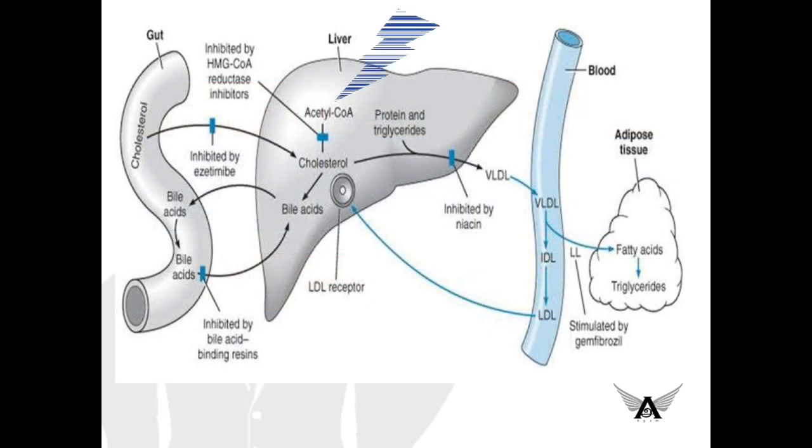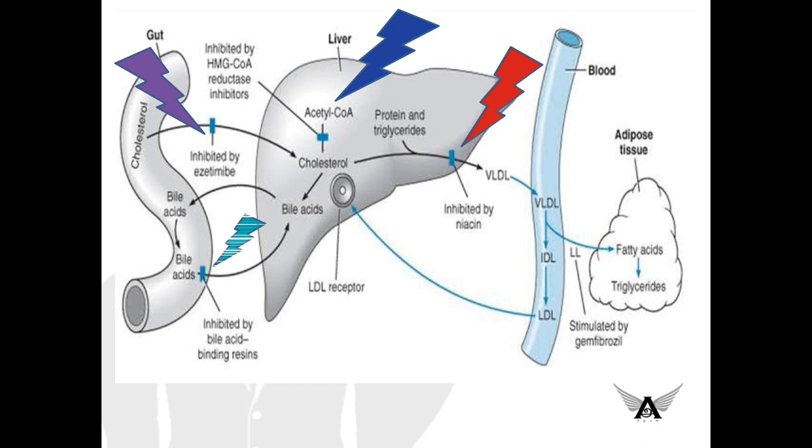The first one is HMG-CoA reductase inhibitors, and the second one is niacin, the site of action of niacin, and the third one is ezetimibe. Fourth one is bile acid binding resins, and fifth one is gemfibrozil. So just remember this picture. What we saw at first was HMG-CoA reductase inhibitors. We'll be seeing about statins in detail in the coming slides. And second one is niacin. So if you see here, niacin blocks the transport of cholesterol to VLDL, thereby reducing the fatty acids.